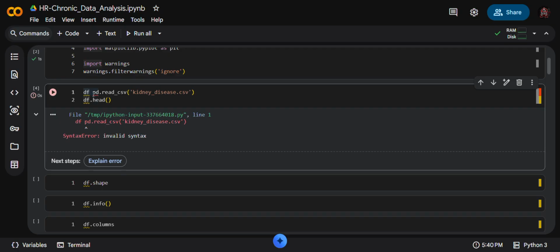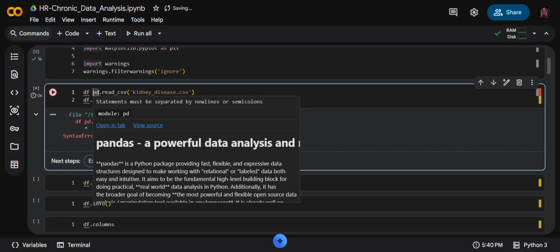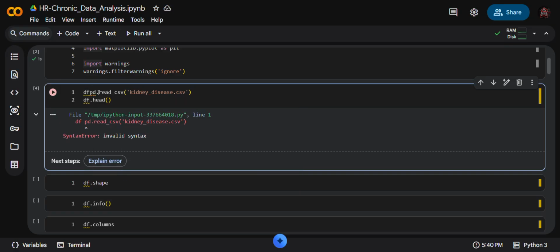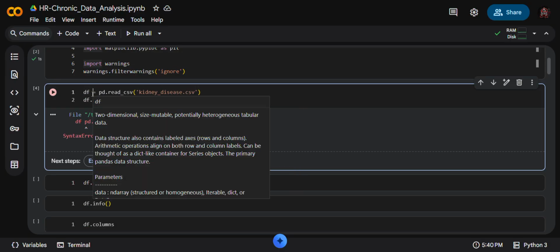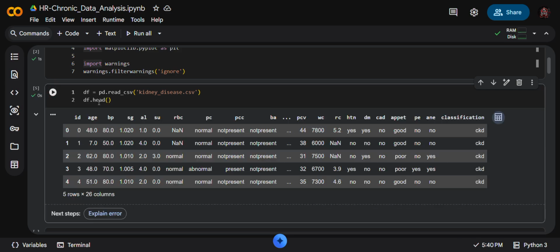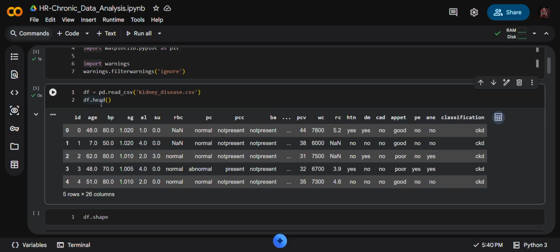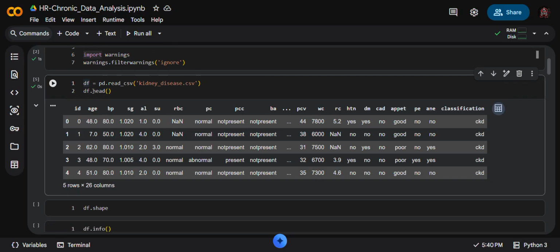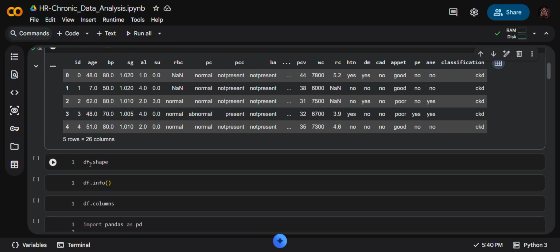That's not a syntax we use in Colab. Now if we put it as an equals assignment, that's the right syntax.